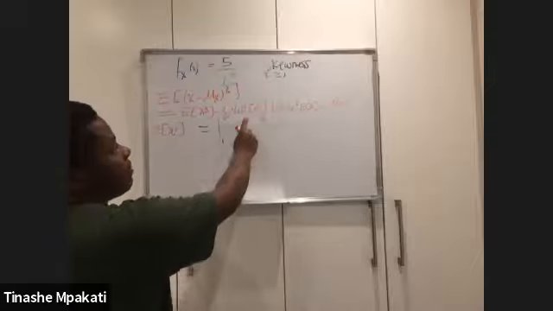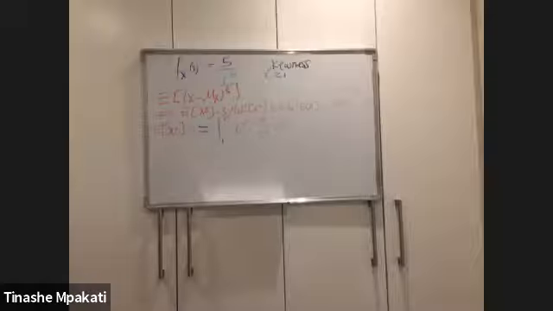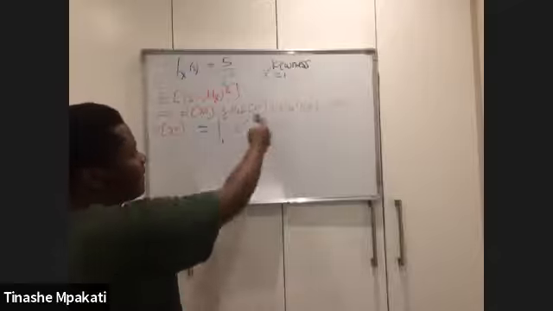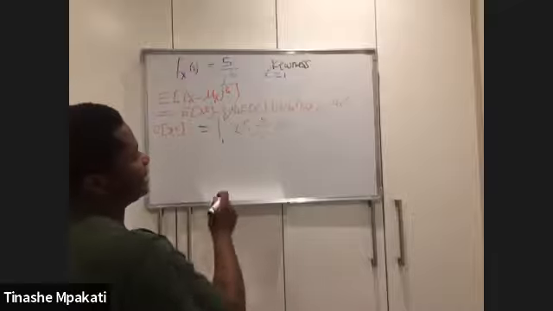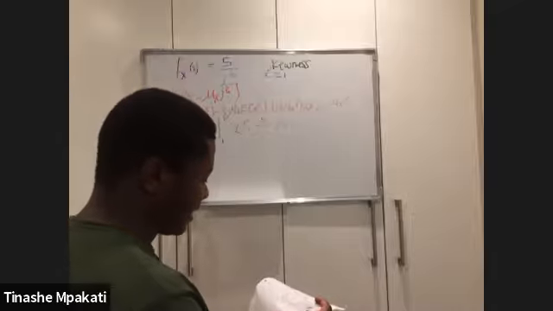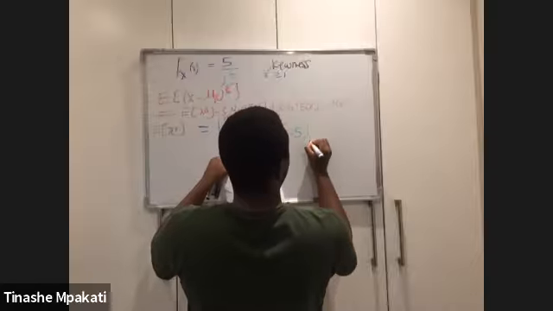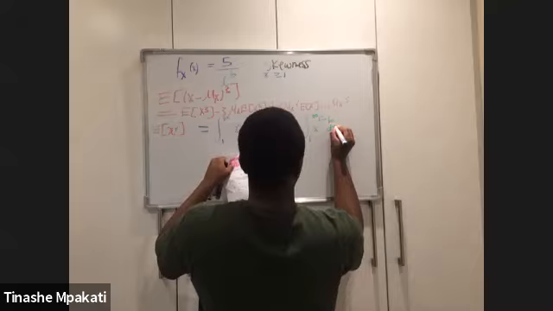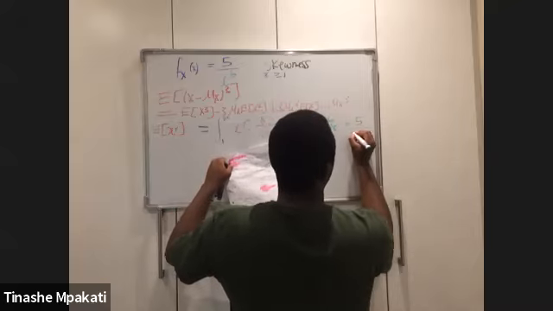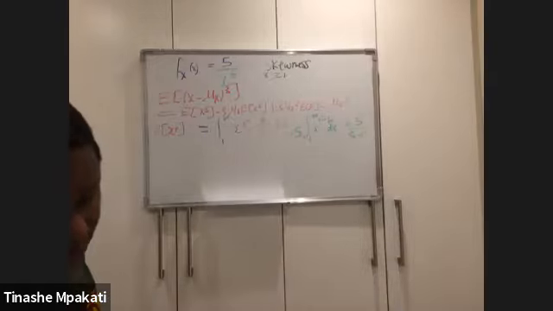So what I have here is x to the power r multiplied by 5 divided by x to the power 6, right? And this is just math there because you're going to take the 5 out and you're going to have x to the power r divided by x to the power 6, which you can write as x to the power r minus 6. And if you do this properly, you would get that this is 5 integrating from 1 to infinity of x to the power r minus 6 dx, and your answer here should give you 5 over 5 minus r, right? That is your answer that you would get there.